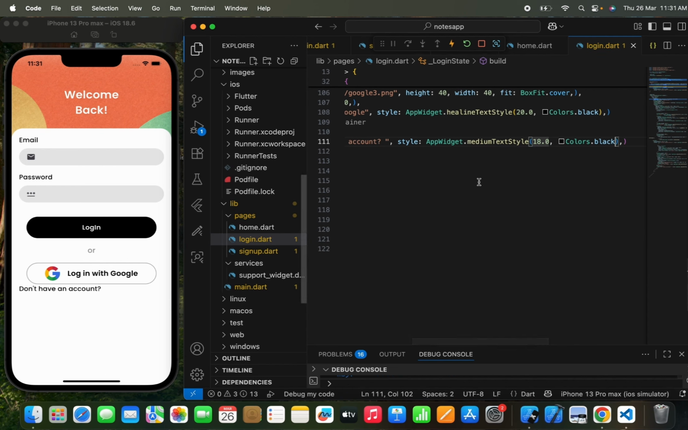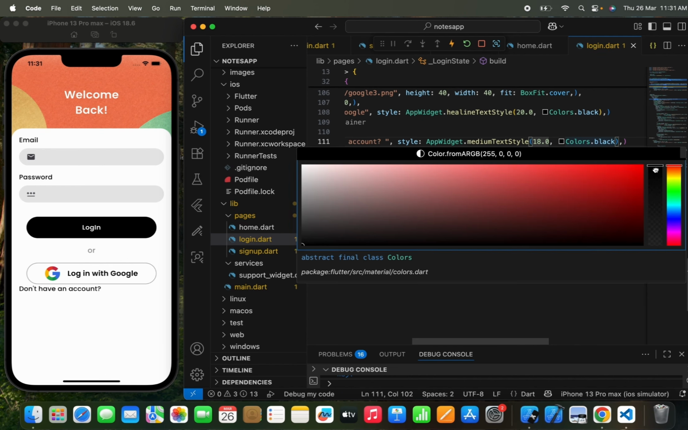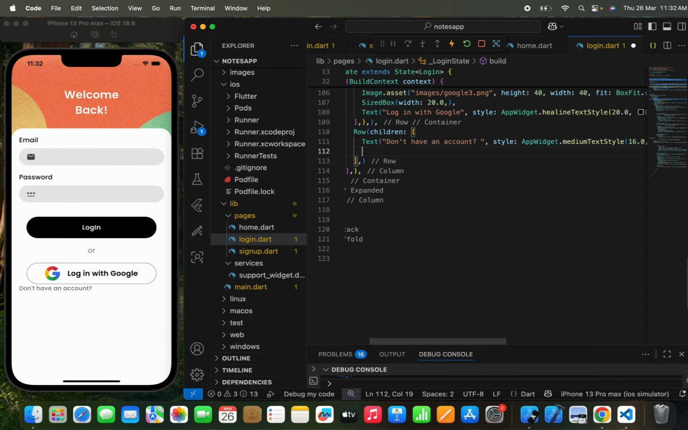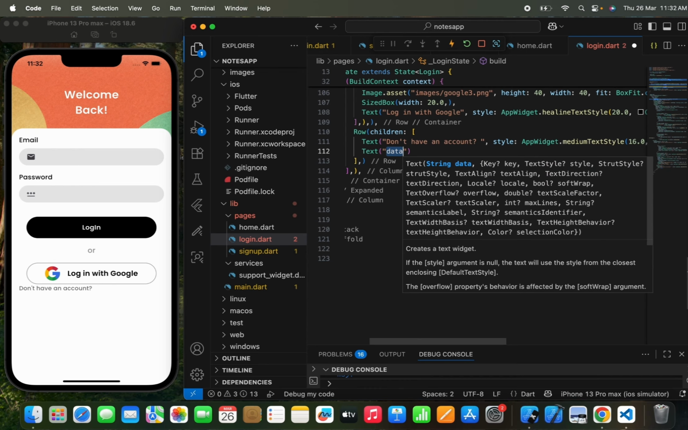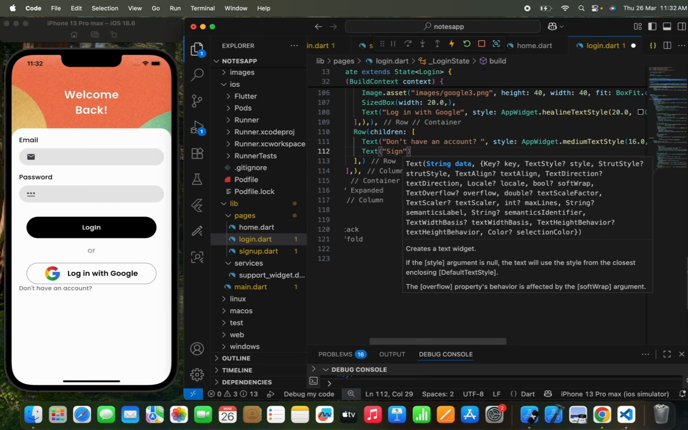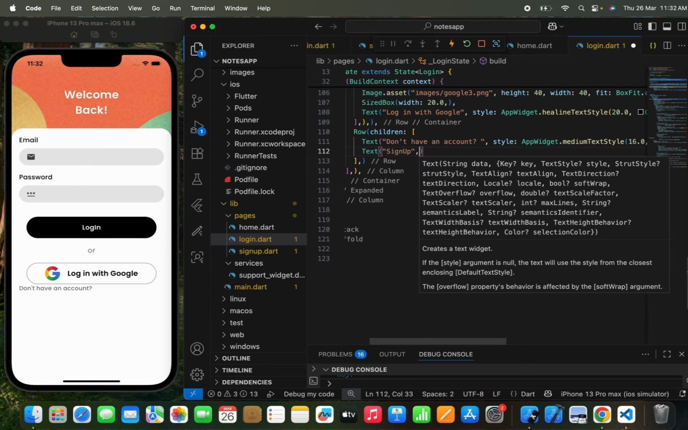Okay, so you can see that this is the text. I think we can pass a different shade of black color, maybe not up to this. I think that's much okay. I'm going to decrease the font size to 16, and then I need to pass another text that will be the button, or you can say a text that the user can simply press and switch to the sign up page. Okay, so I just need to pass sign up, and we can pass a styling